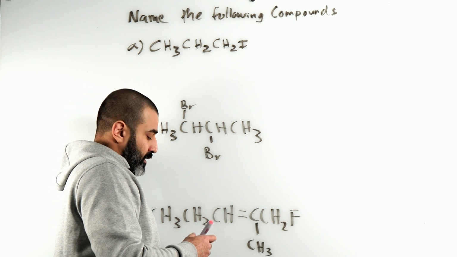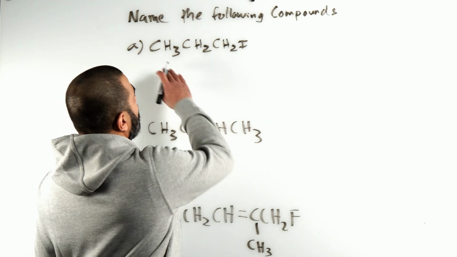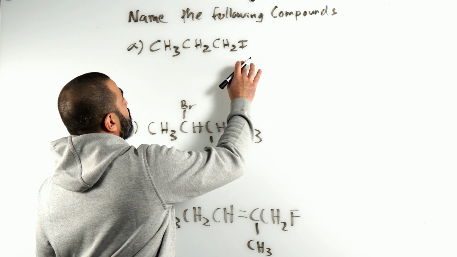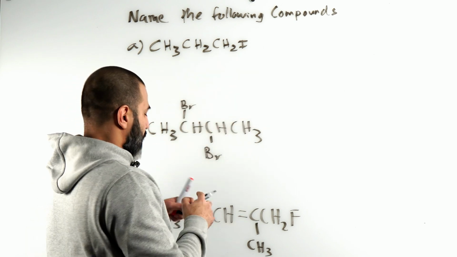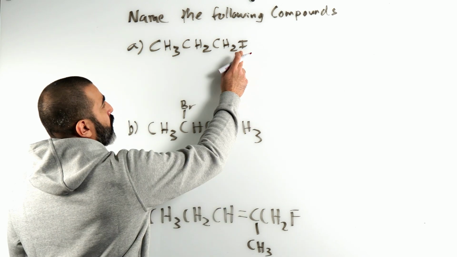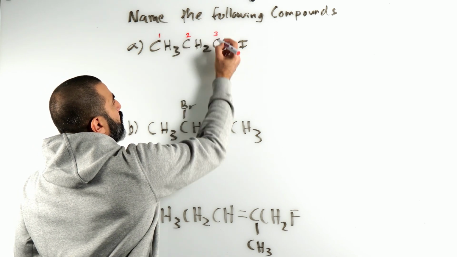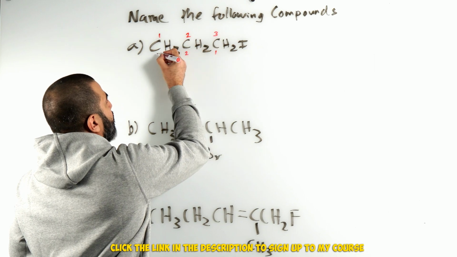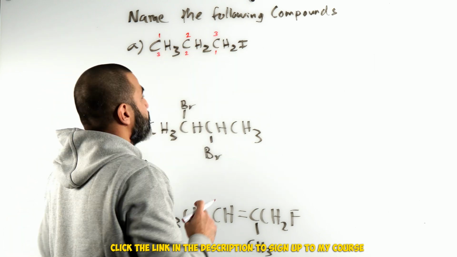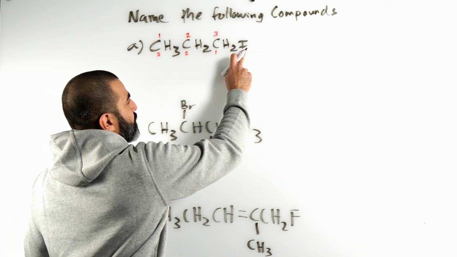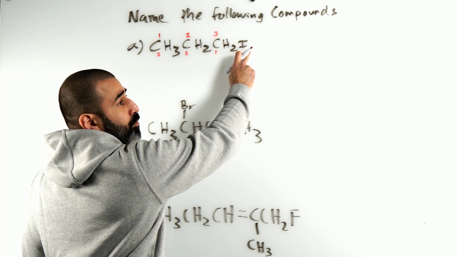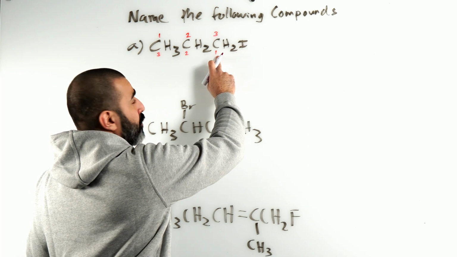What I'm going to do is I'm looking for a substituent on the main carbon chain. And we've got some options, okay? So we've got an Iodo group there. We could start numbering it from left to right or from right to left. Which one is correct? It is the bottom one because that functional group takes the priority there and that gets